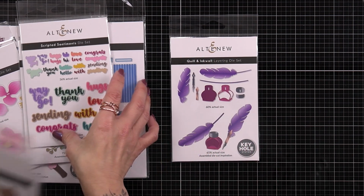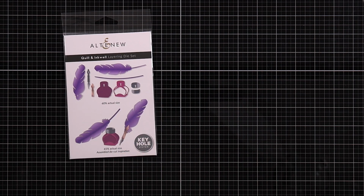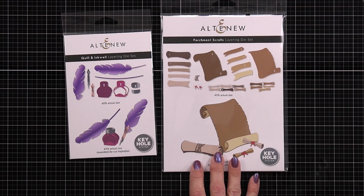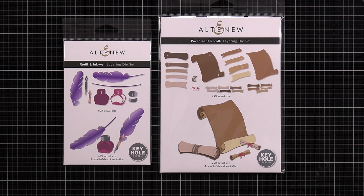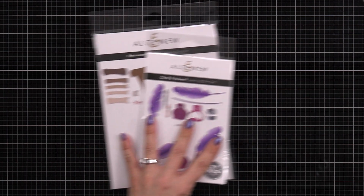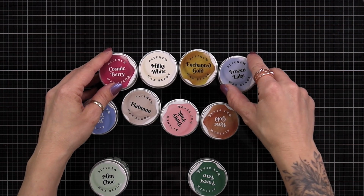We have some scripted sentiments. Those are die cuts. Then we have the quill and inkwell. This is a little collection of products that go together nicely. We have the parchment scrolls, and then there's also going to be little envelopes. And these products are going to work amazing with some other new products that Altenew is releasing, which is the